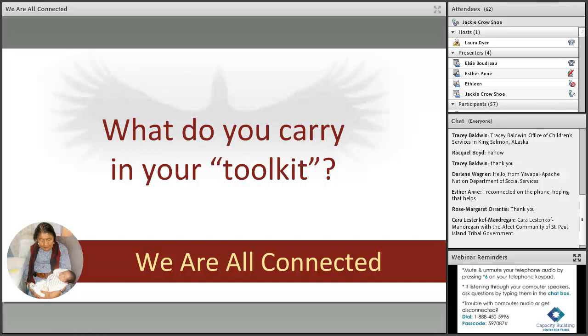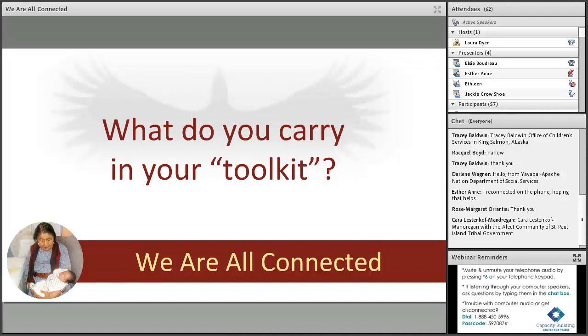But I also want to ask folks, however you feel comfortable, what do you carry in your toolkit? I know there can be several different names that we give this. The Moto Geeks, the Buffalo Women's Society, there are the medicine bundles. There are different ways that we describe this.